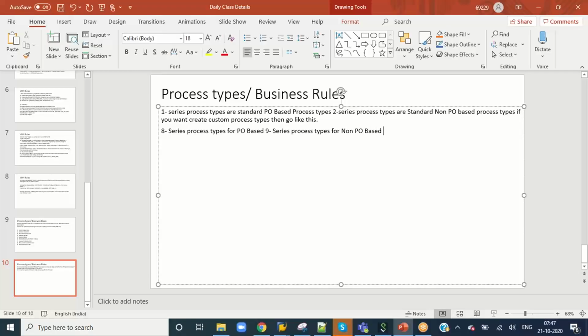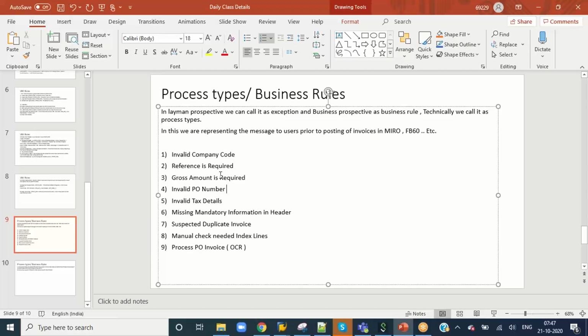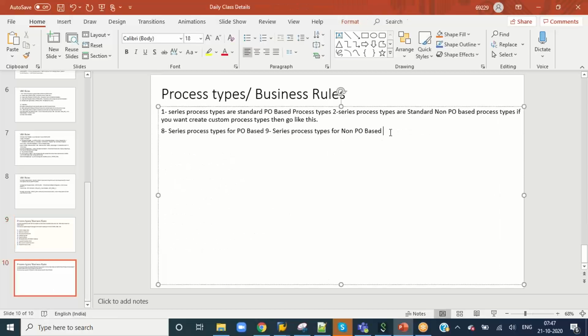Okay, so then here we are going to create or check the standard process types. To create or enhance the process type,